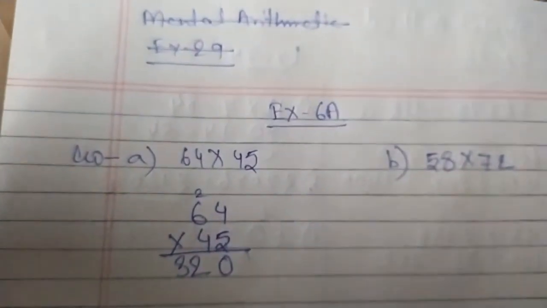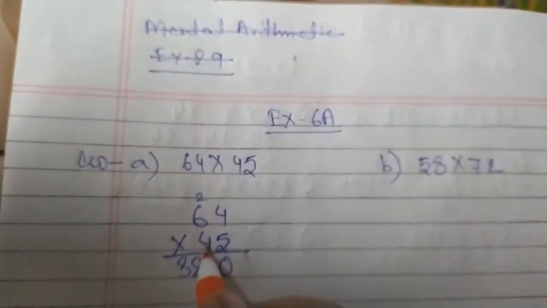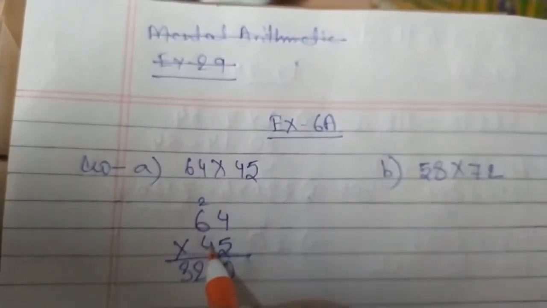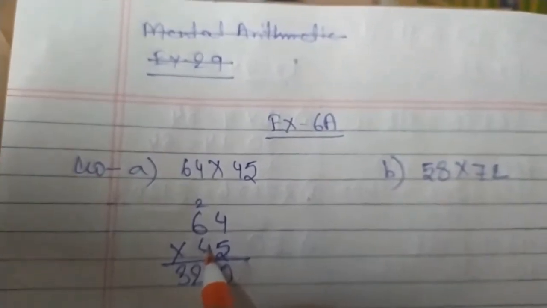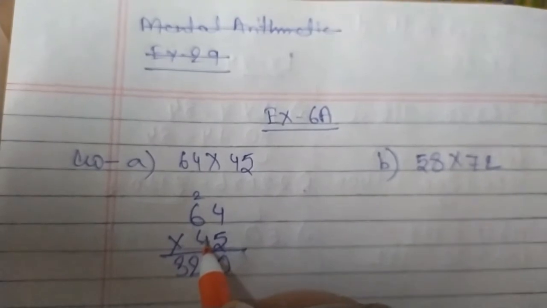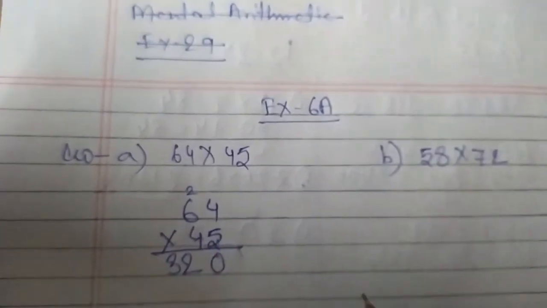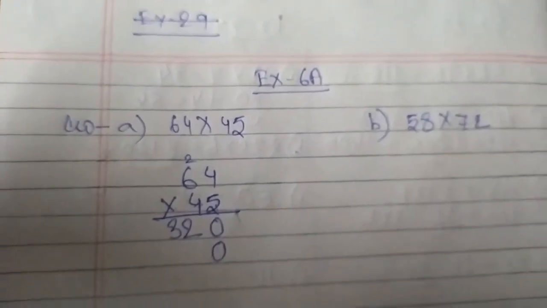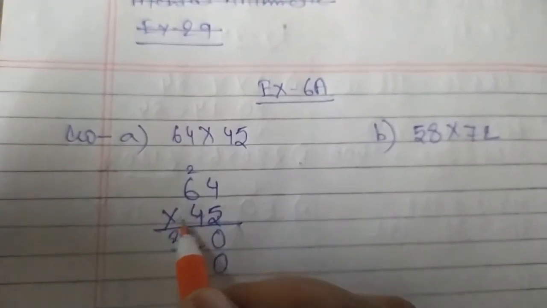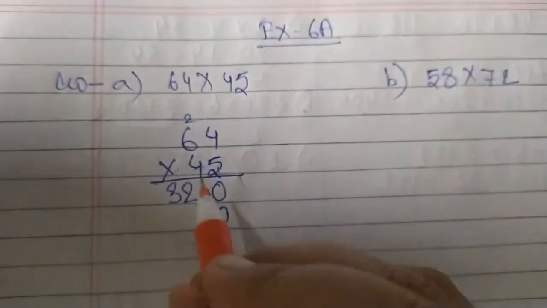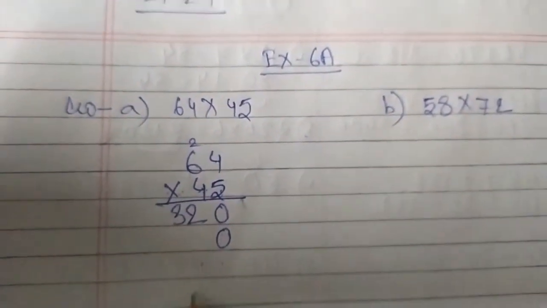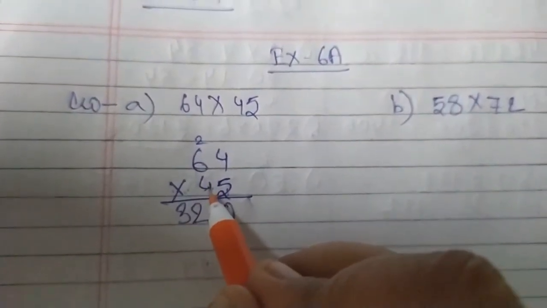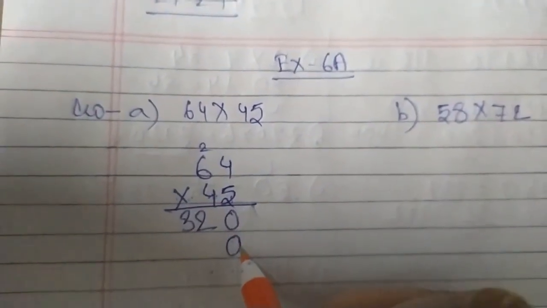32. Done. Now we will multiply by the tens place. 64 into 4. Now 4 fours are 16. Now before that, whenever we are moving from the ones place to the tens place, in the last place we will put 1 0 first. Whenever we are multiplying by 100 place, we will put 2 zeros. Whenever we are multiplying by 1000 place, we will put 3 zeros. In this way, it will continue. So now, we will start the multiplication of tens place. For that, we have put 1 0 at the end.